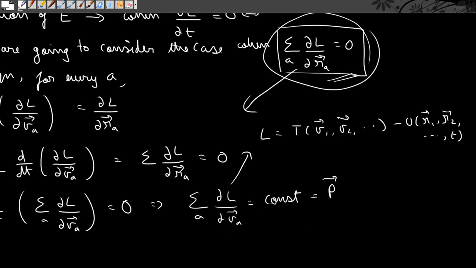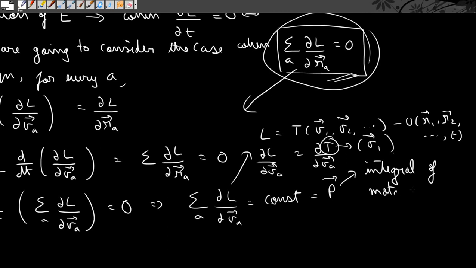So dou L by dou Va is just going to be dou T by dou Va, and this T is only a function of v. So this constant P, since it's expressed as a function of the velocities, is an integral of motion,